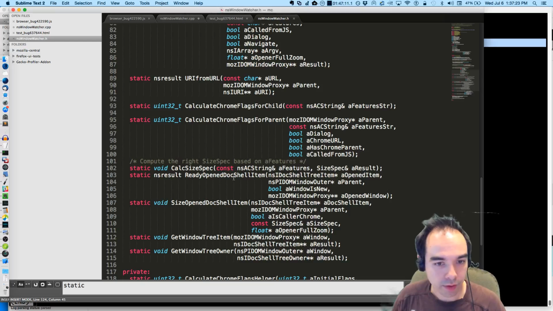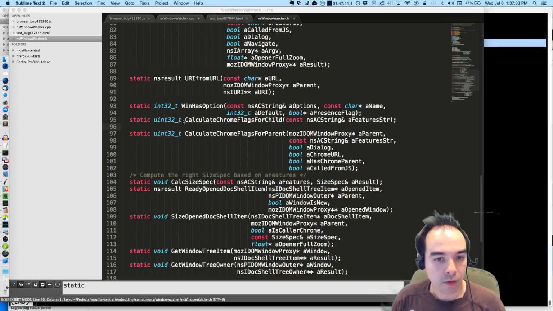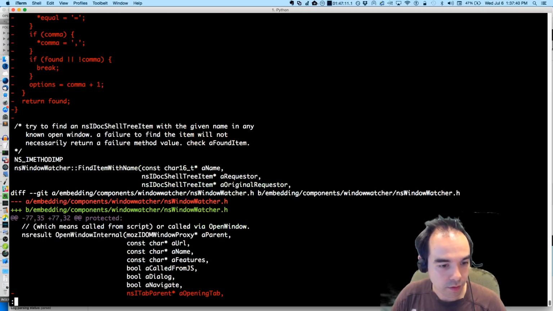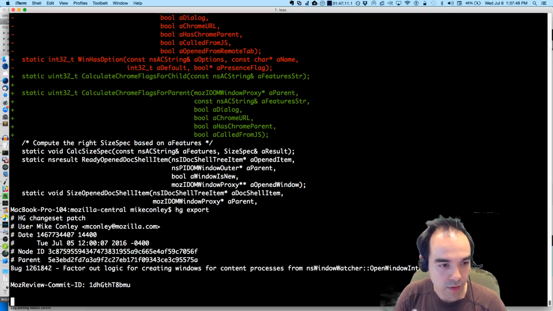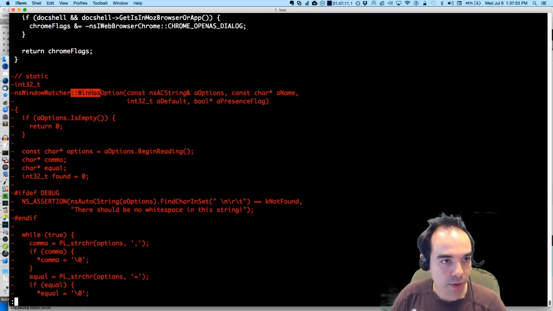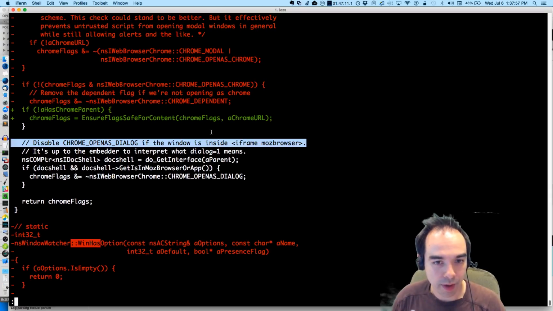What was that? Calculate Chrome flags for child. And then where was the actual definition of it? When WinHasOption was put in after this comment.